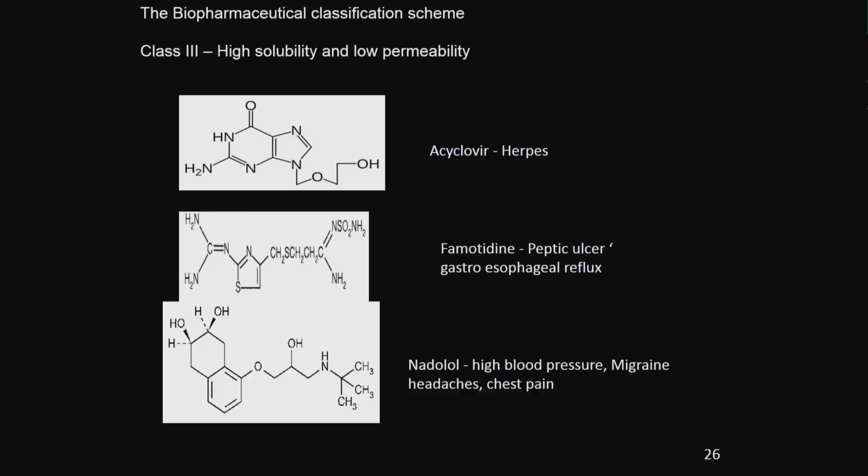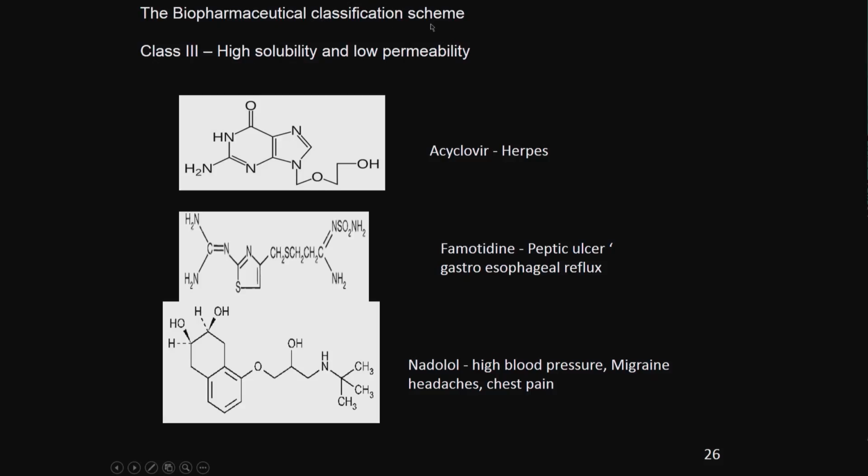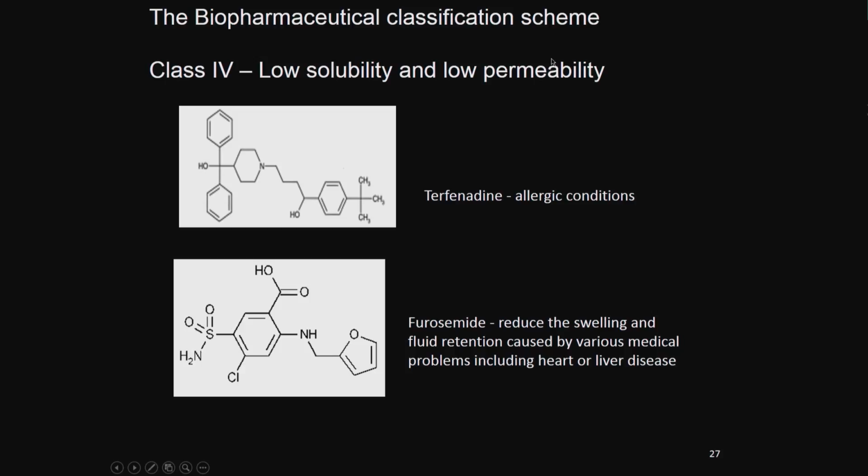So high solubility, it does not permeate through that, so obviously we need some carrier to take it inside the body, okay. Whereas in class 2 solubility is low, so we can make salts, in fact they have made salts of this, but still solubility is low, so we need to increase that so that it dissolves better. Here solubility is good, permeability is poor, so we need some carrier type of system to carry it across the GI. Next one, low solubility, low permeability, everything is bad, it does not dissolve properly or nicely in the GI,